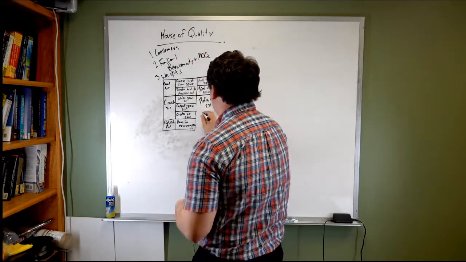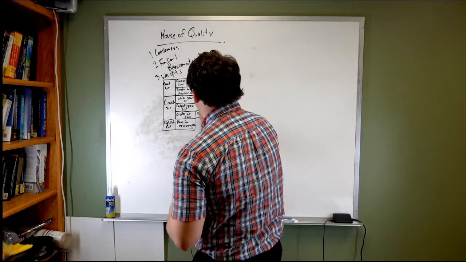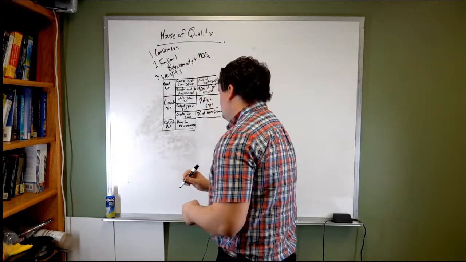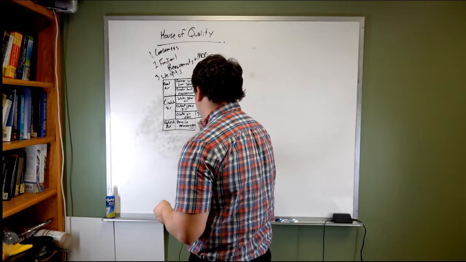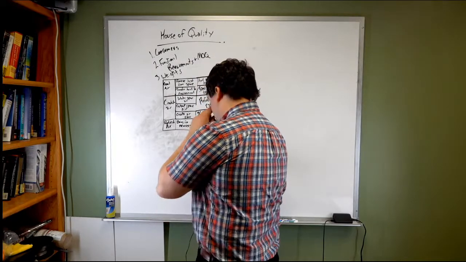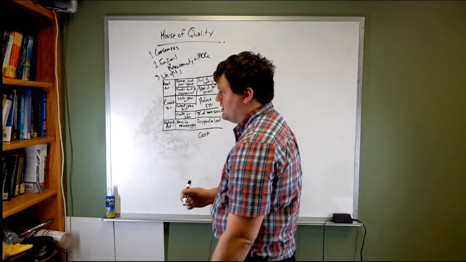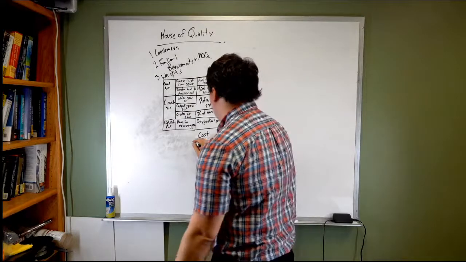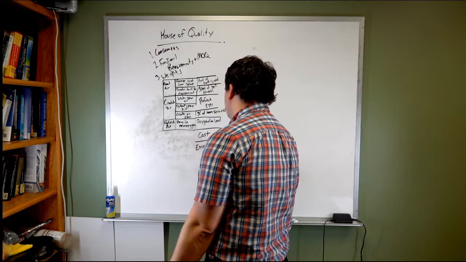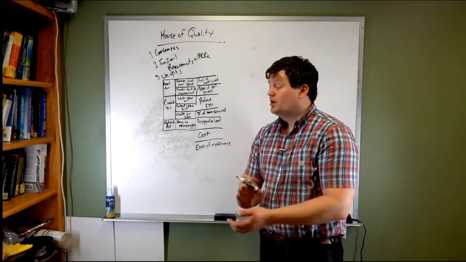Okay, so here I'm just listing out measures of quality associated with each of these functional requirements. I'm also going to list out a few other ones. Cost. You can talk about ease of maintenance. Handwriting sucks. But we list out a bunch of different measures of quality. And this is where they go.